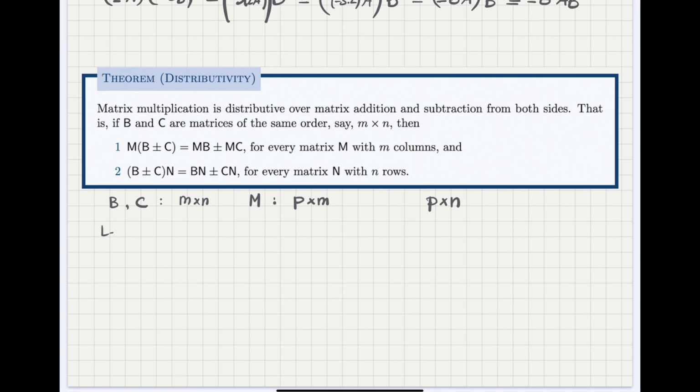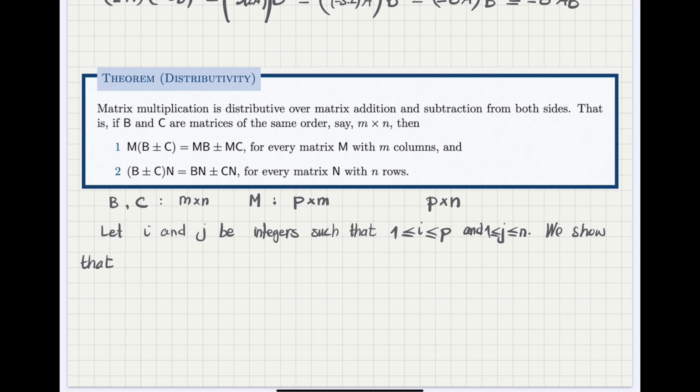I would say, let i and j be integers such that i is somewhere between 1 and the number of rows of the resultant matrix. We learned that the resultant matrix is supposed to be p by n, so i is between 1 and p, and j is between 1 and n. We show that